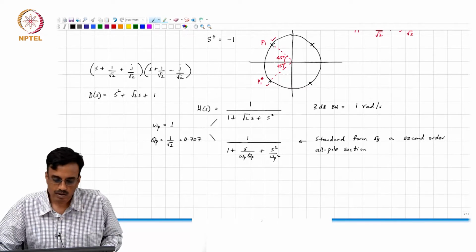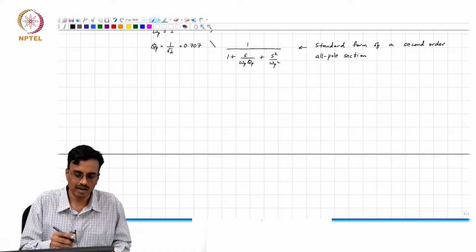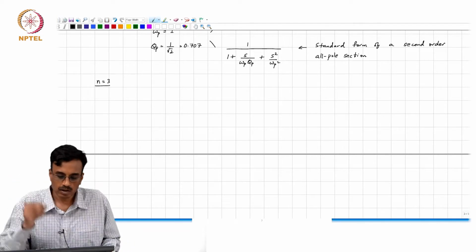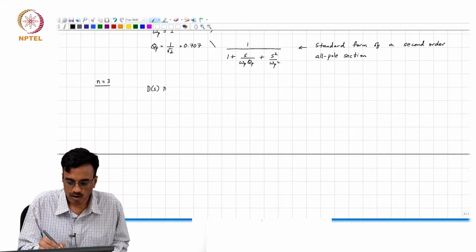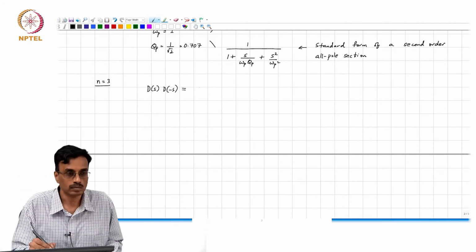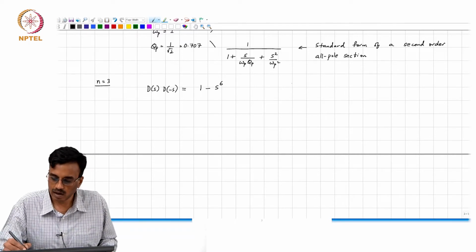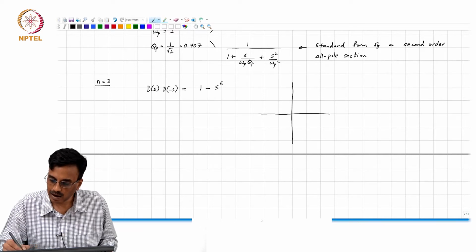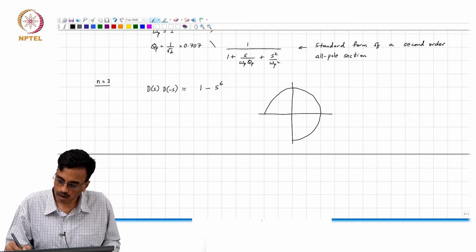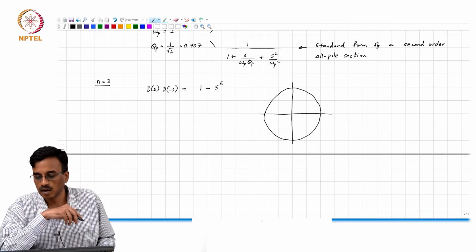Anyway, so as you can see, the second order Butterworth filter is also very straightforward, and therefore, similarly for higher order filters, I am just going to do the third order one and stop. So, now there is no point in going through the same rigmarole all over again. D of s into d of minus s is what now? 1 minus s power 6. So, where the roots are basically, again we have our circle, all right, and where are the roots?